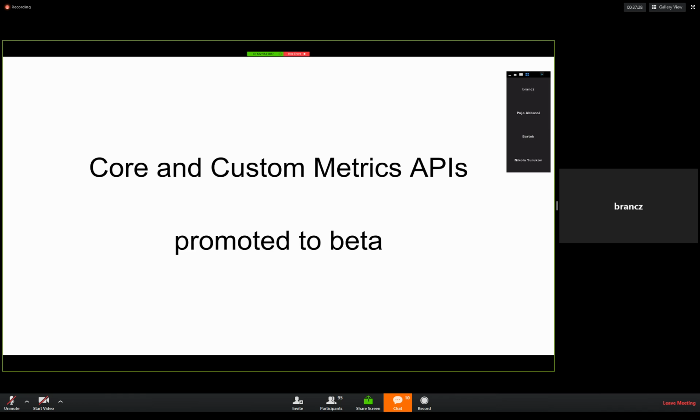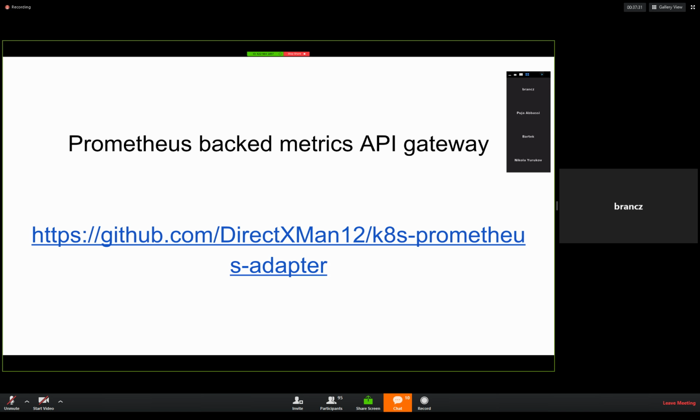And as part of SIG instrumentation, something else that one of our members has been working on, Solly Russ from Red Hat, he's been working on a custom metrics API implementation for Prometheus. So Prometheus is an open source monitoring system, if you're not familiar with it, that is super popular for monitoring Kubernetes with it. And that's why it was the natural first choice to implement a custom metrics adapter. And I believe there's also one for Stackdriver. I don't think there's any other implementation so far, but do check that out as well.